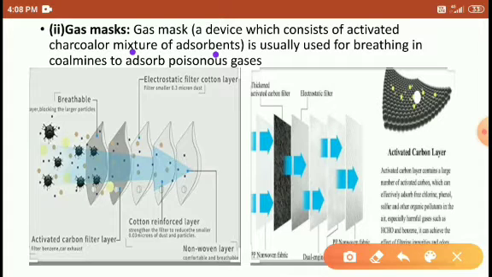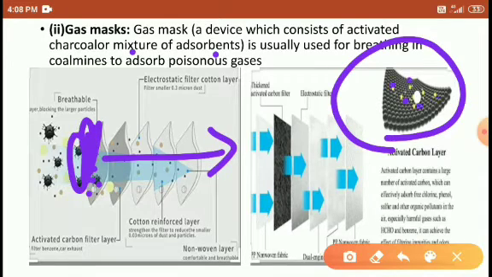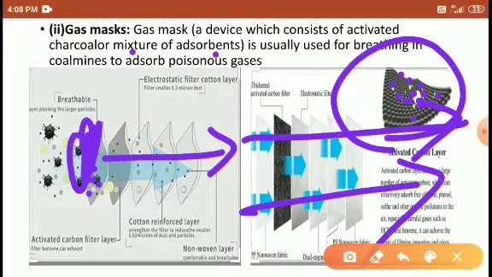So usually while breathing, the coal mines absorb the poisonous gas. All the poisonous gas and other particulate particles remain trapped on the outer surface, and the fresh air passes through this mask, students. Look here, the charcoal mask emits the yellow color, the poisonous gases are here. The poisonous gases are trapped over this charcoal powder, and the fresh air is passed through this mask, students. So gas mask means the activated charcoal acts as an adsorbent.